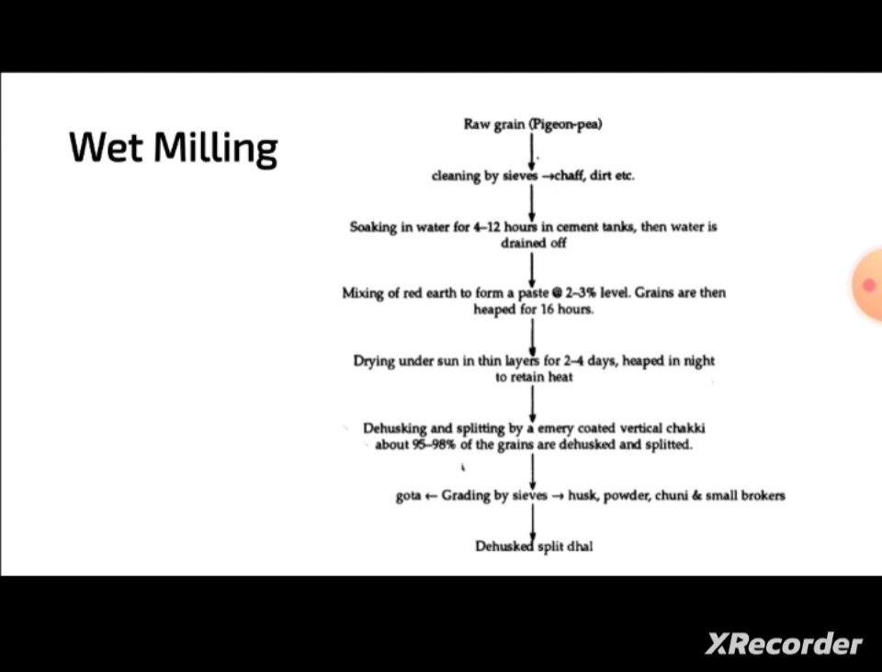in water for 4 to 12 hours and mixing it with red earth to form a paste so that it can be stored for a longer period, and also it helps to distract the animals, or not attract them, from the pest. And then it will be dried under the sun in thin layers for 2 to 4 days, and then de-husking and splitting with an emery coated vertical chalky; about 95 to 98% of grains are de-husked and split, and